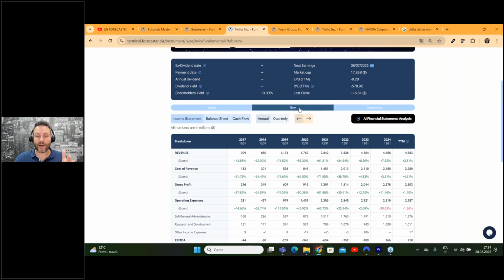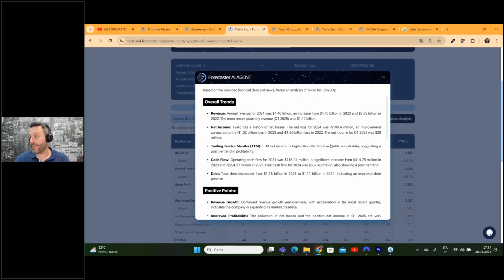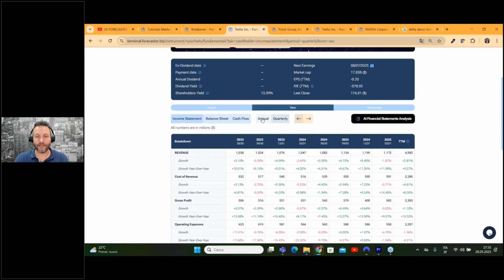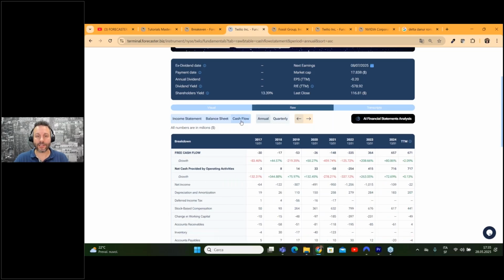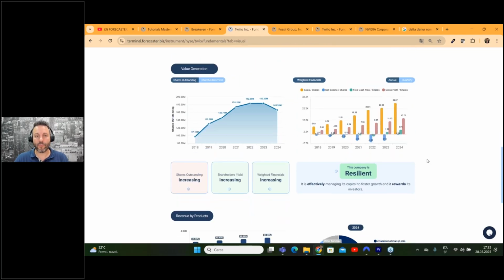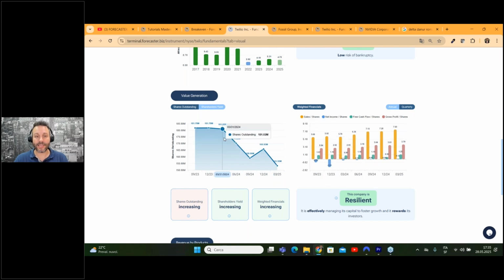Remember, you have the raw part, the raw results, and here you can ask the artificial intelligence to analyze the data, okay? Both annual and quarterly, very interesting. Balance sheet and cash flow, you have everything. But what is more important right now at the moment, this company is starting to do buybacks. Look, they started at the end of 2024 to do buybacks, and this is something really amazing, because as I